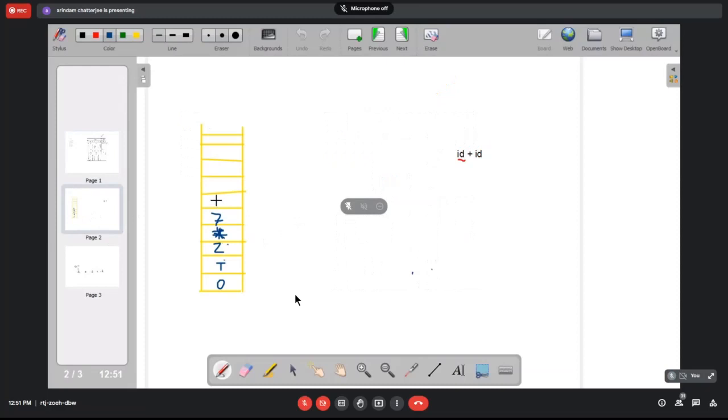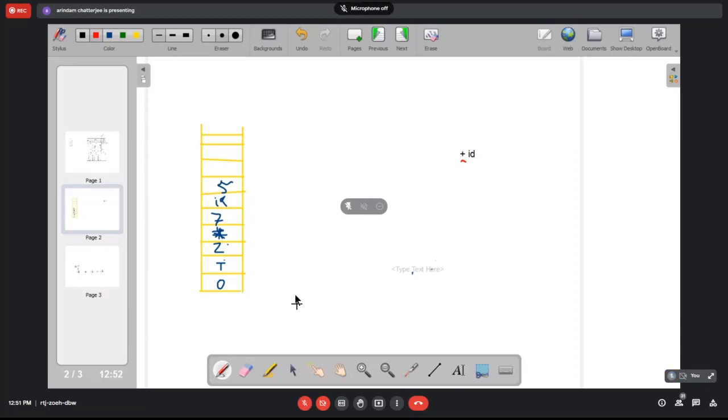Shift means I'll put ID here, I'll put a 5 here, and then remove this. And then the input pointer should be right here. Am I clear?